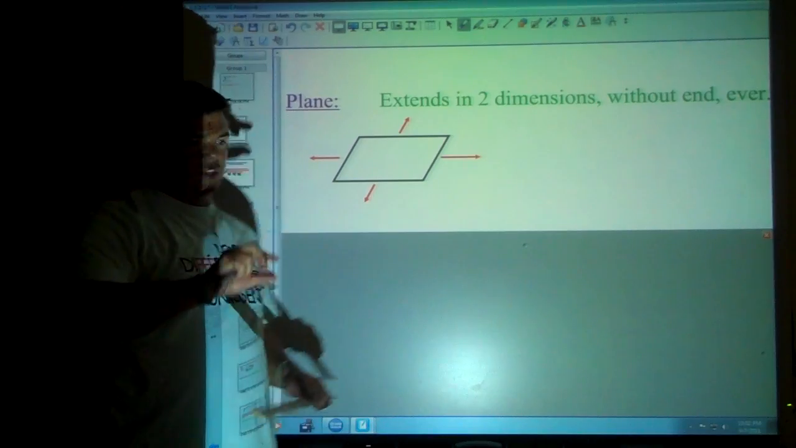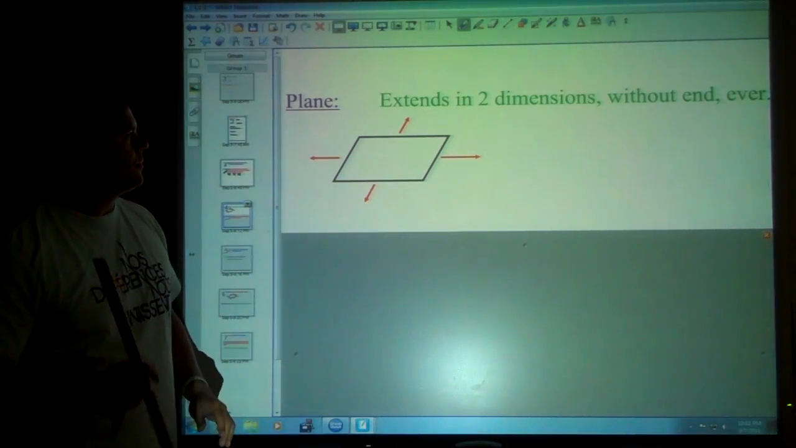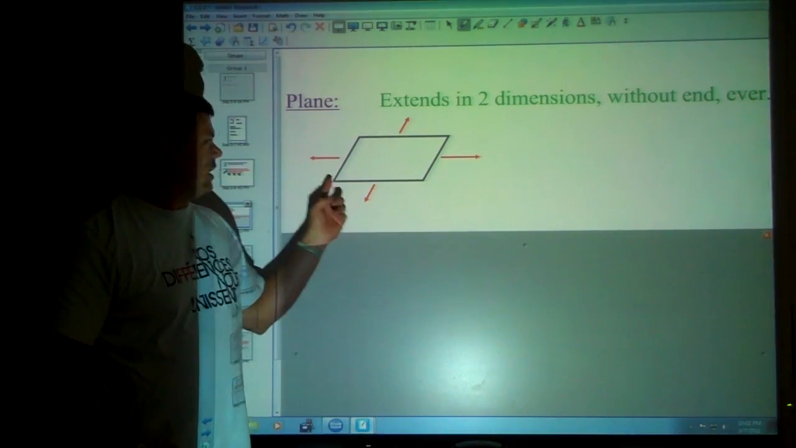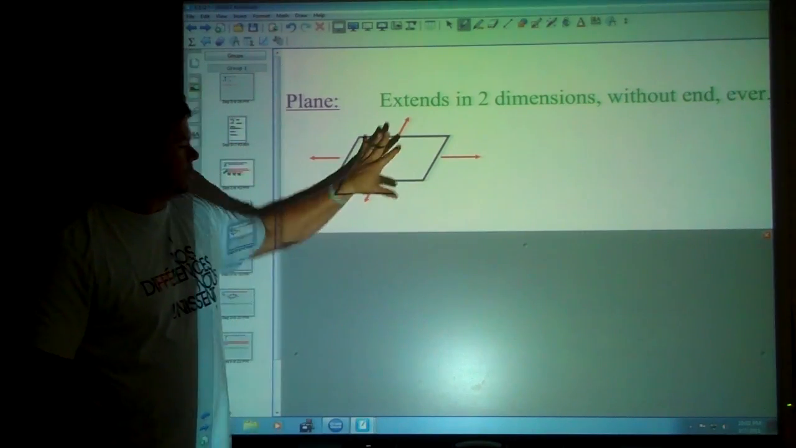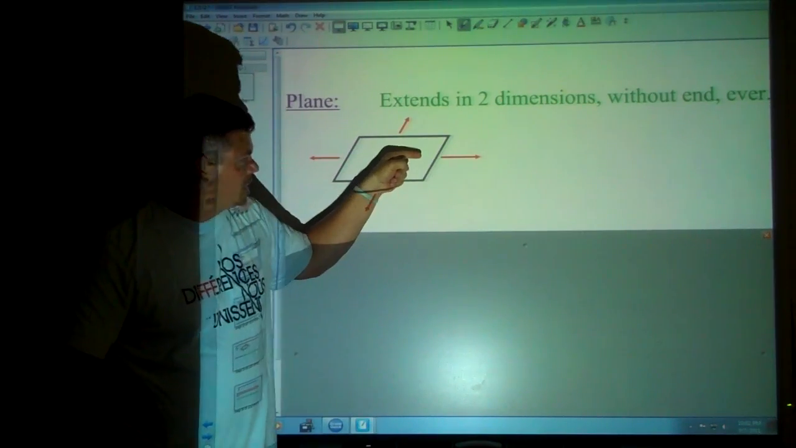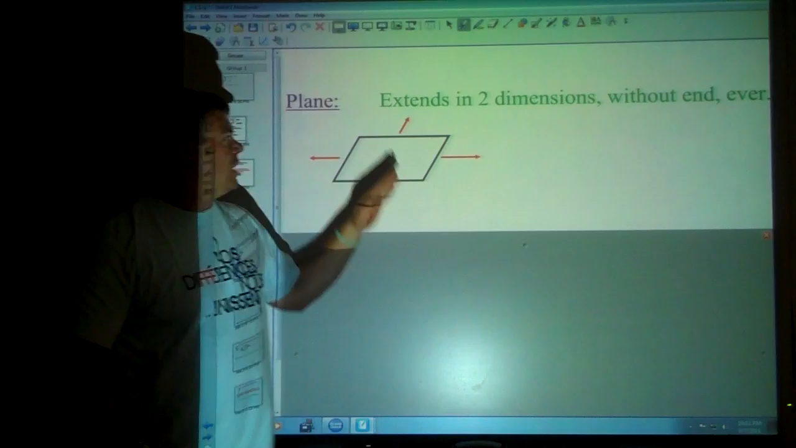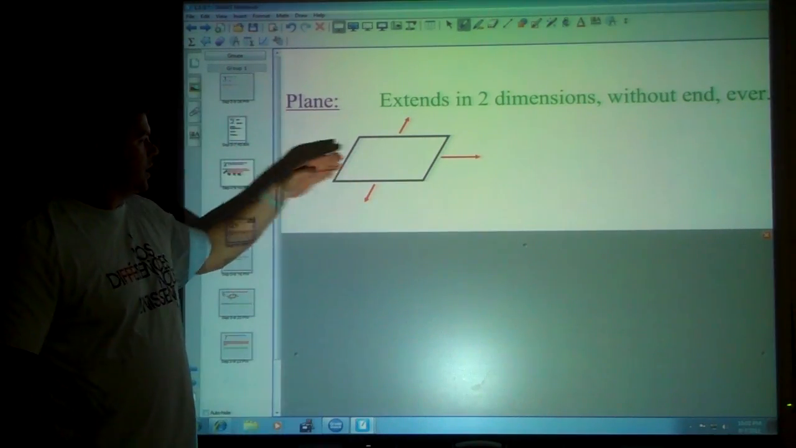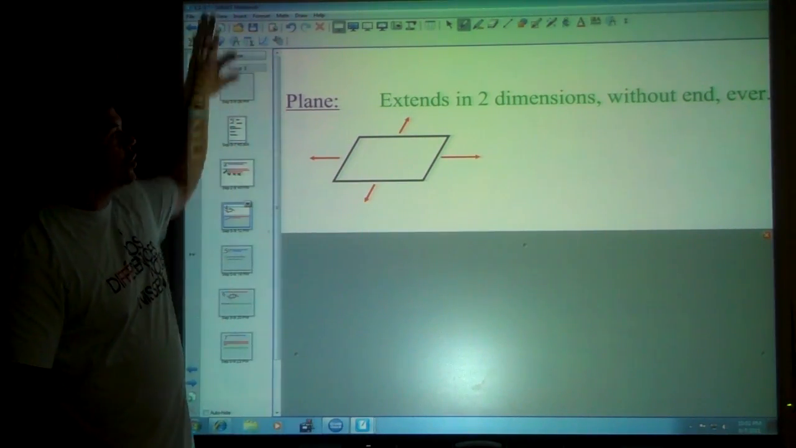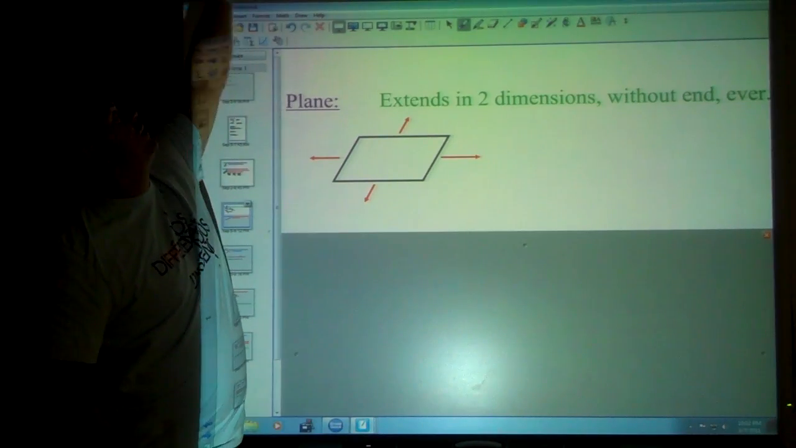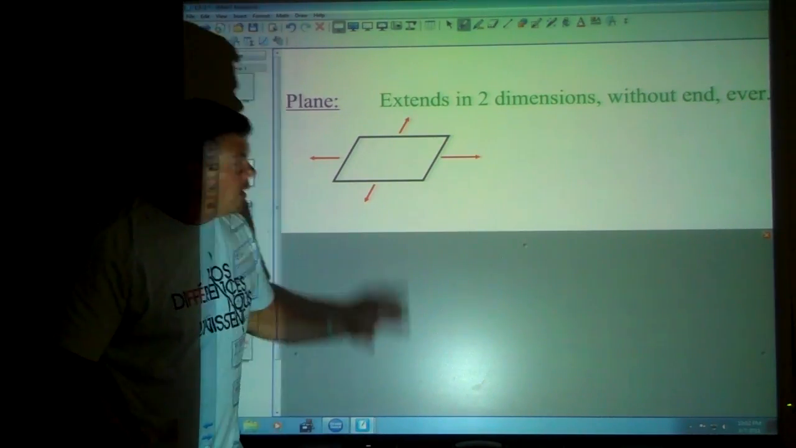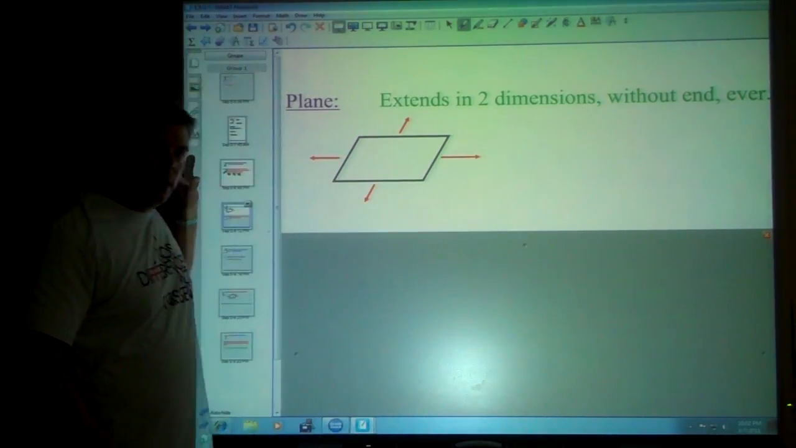So it's extending in all areas as thin and flat as possible. But it's never going to end. So here we have a parallelogram, which represents like a flat table, and this arrow is saying that that side really goes on forever, and this side really goes on forever, etc., etc. So envision this whole smartboard. If the smartboard just went on forever up, and went on forever below, and went on forever that way, and this way, then it would be